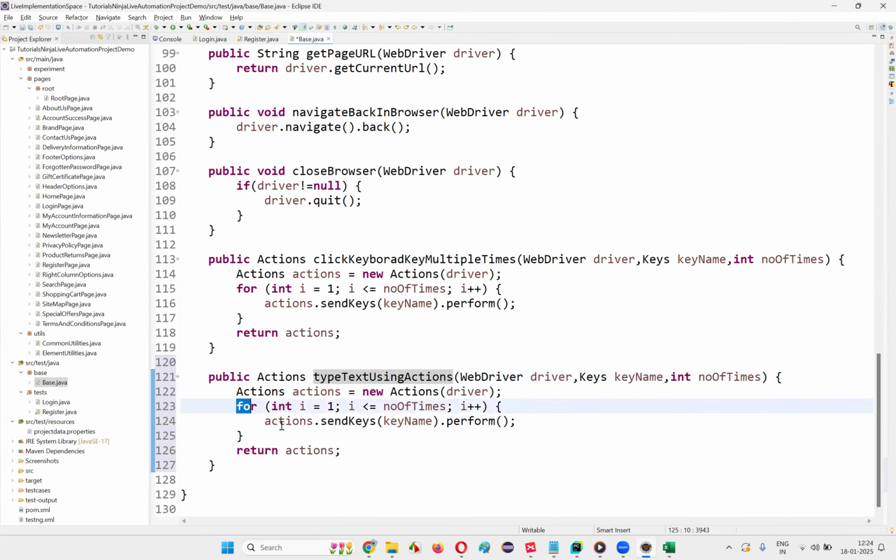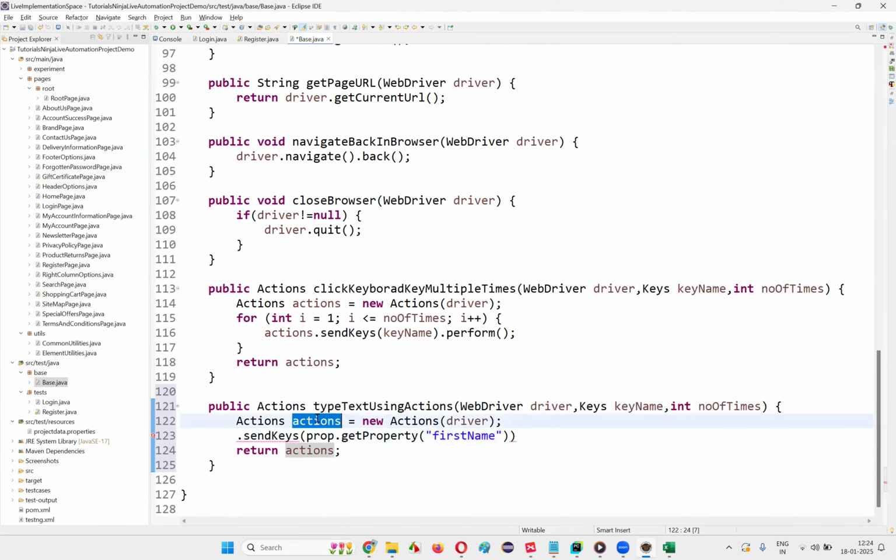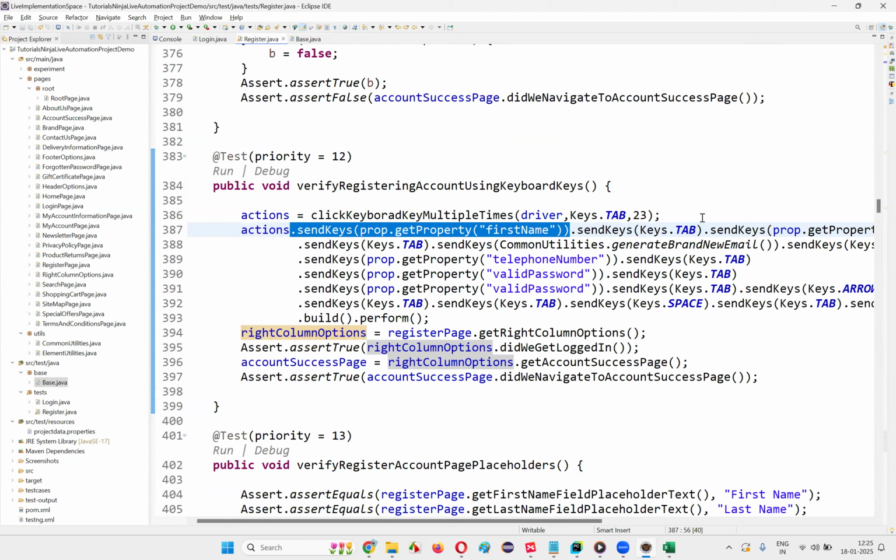Here, actions dot send keys, and here string text, the text I'll enter here, dot perform. And here, do I need to pass the driver? Yes. Do I need to pass the key name? No. Do I have to pass the number of times? No. Only text and driver are enough. Fine. Next, go back, go to the register.java and here write down